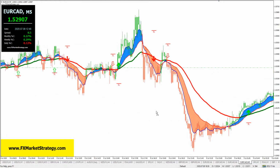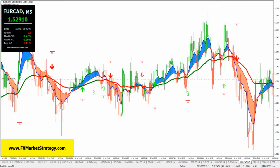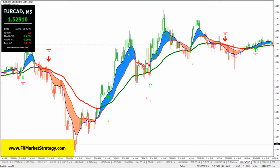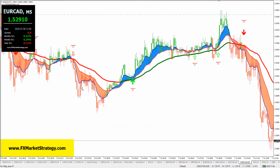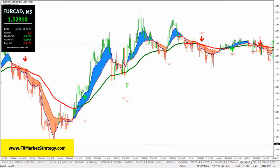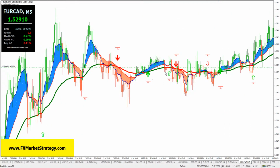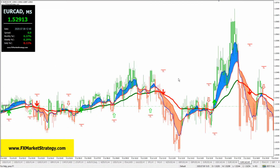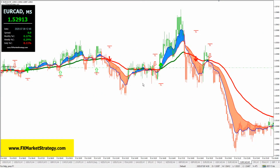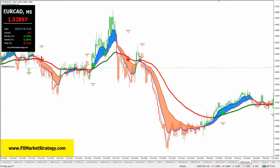That signal was good. Some signals will not be great, some signals are good, and that's why we also say trade only in New York and London. Why? Because other times you're going to get stuff like this. See this right here? You're going to get this outside of New York and London. That's why you always say trade in New York and London time, because you get nice movement like this